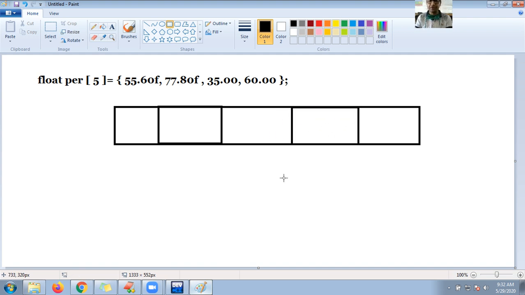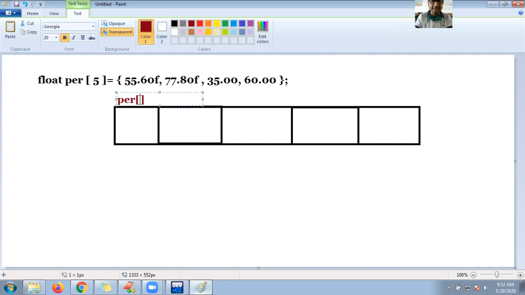Okay guys, fine. We are having only 5 minutes of time. Now internally what happens? This percentage, let me use some different names. So here is my percentage: PER of index 0, PER of 1. What is the index now, guys? Here is PER of 2. What is the index here? PER of 3, right? And here is PER of 4, right guys?